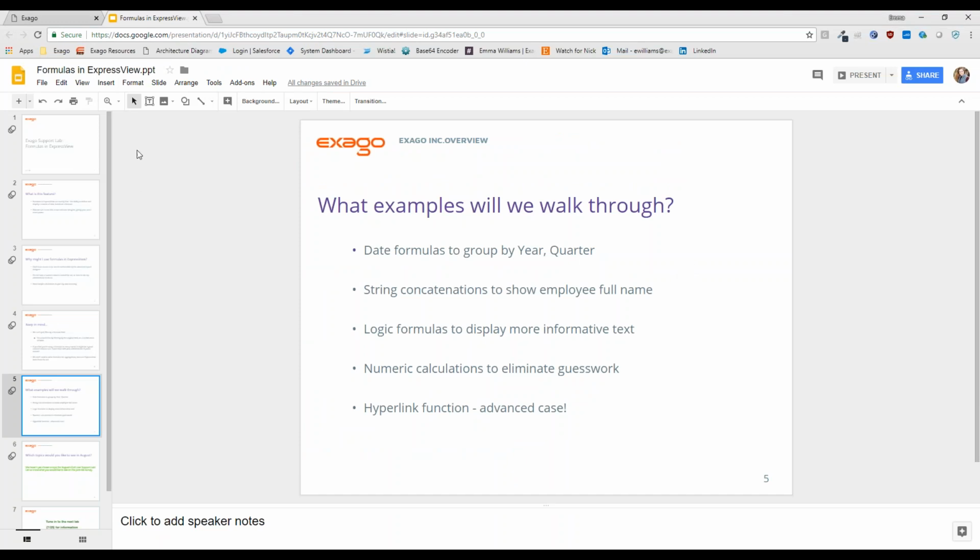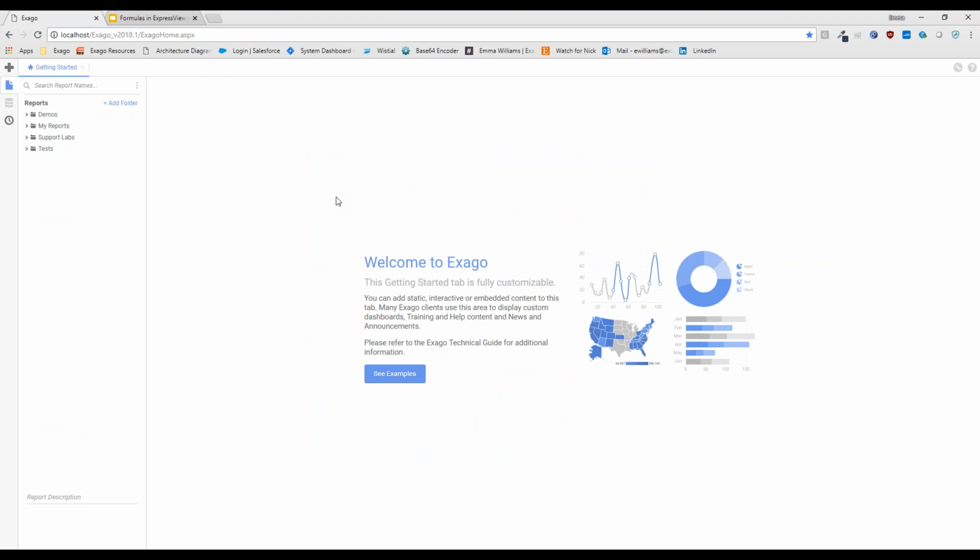So, without further ado, let's hop over to Exago. If anyone has any questions at any point during today's lab, I'm sure at this point there's probably not too many questions, but if anything pops into your head, feel free to type it into our questions pane at any time. I do have 2 of my colleagues here to handle questions on the back end. They'll be flagging me down if there's anything good for the entire group, and we'll certainly talk through all of those. We're going to take our time today and make sure that we all really understand everything fully, right?